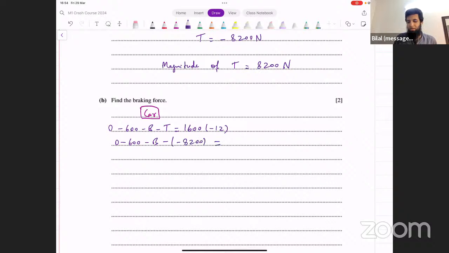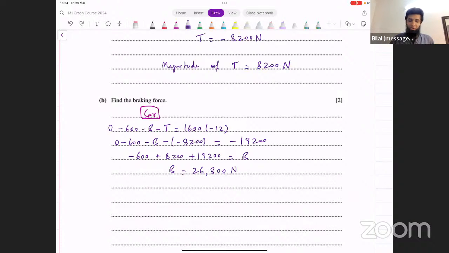You would put that here. And then you have minus 12 into 1600. That's minus 19,200. Let's simplify this. That gives you minus 600 plus 8200 plus 19200 equals B, and that's going to give you the braking force. What's this? Twenty-six thousand eight hundred. 26,800. This is the braking force,